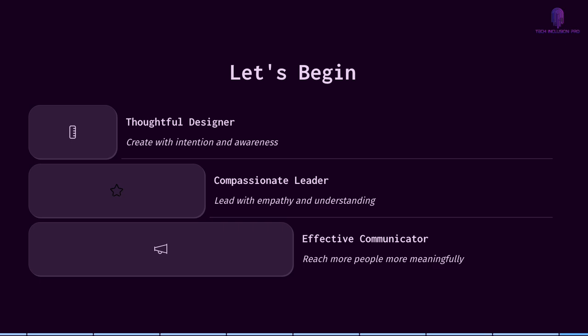So let's begin. I want you to be a thoughtful designer, create with attention and awareness. That helps you be a compassionate leader, to lead with empathy and understanding and flexibility with the people that you work with. And to be an effective communicator, reach more people meaningfully in the way that they want to be reached, not just the way you think someone should be reached. So throughout this course, I challenge you, reflect on your own learning styles and your